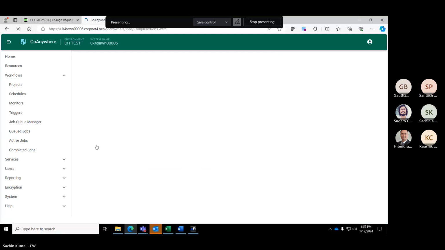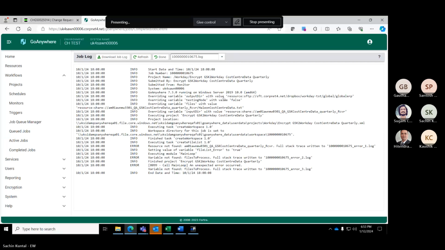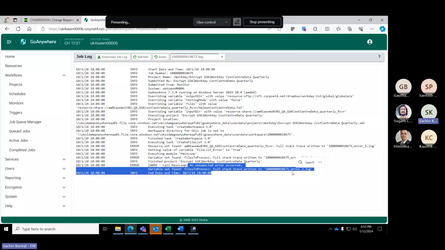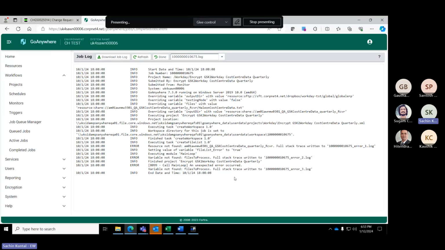This is one of the logs. The first thing that we check is where it failed. Here you can see it mentions an unexpected error occurred, variable not found. In most cases, this is a network connection issue. And if we re-execute the project manually, it will transfer the file.